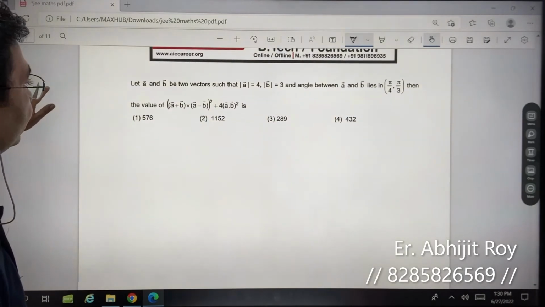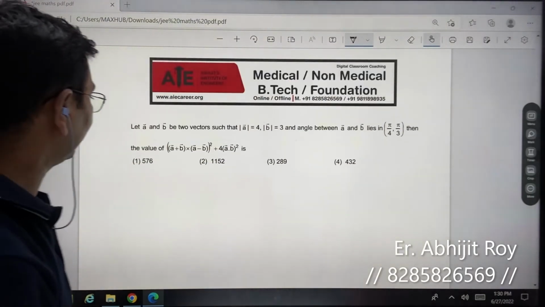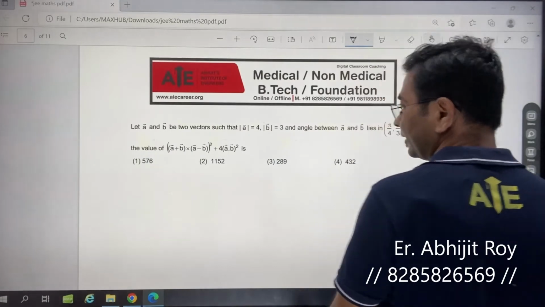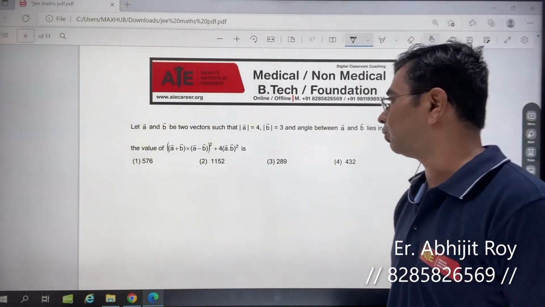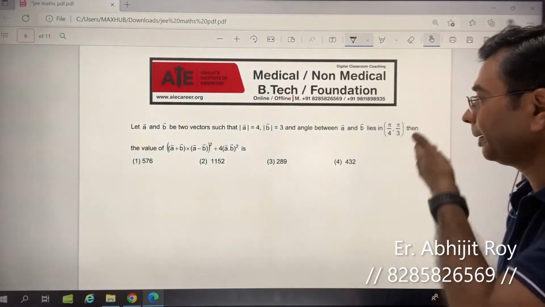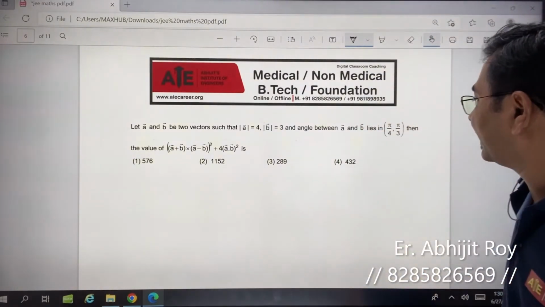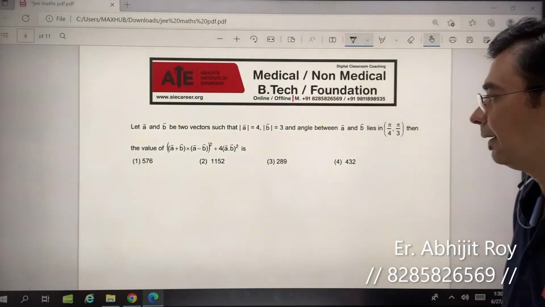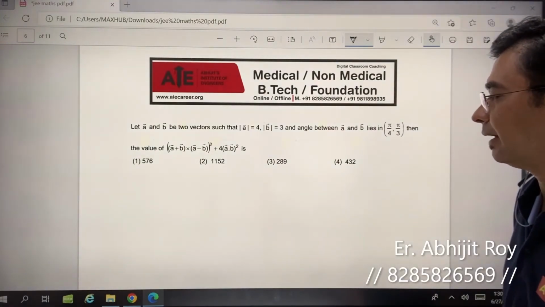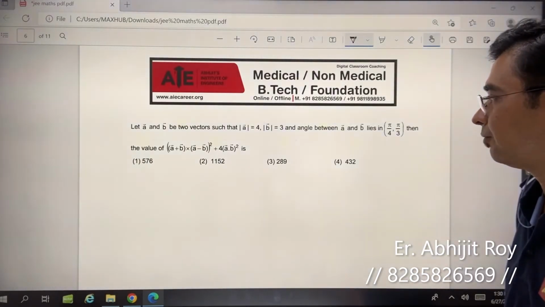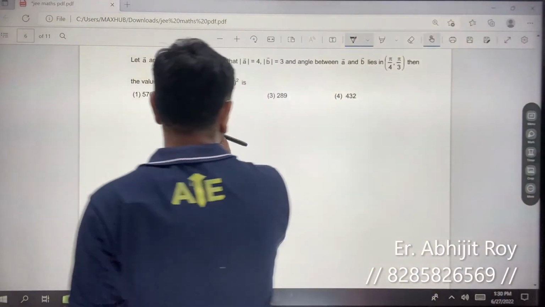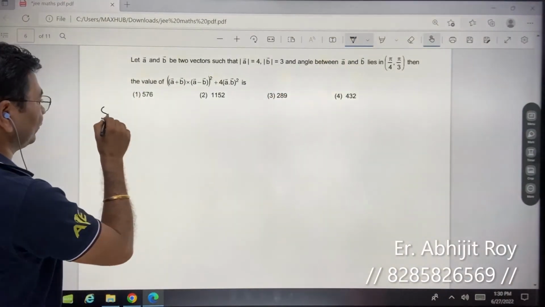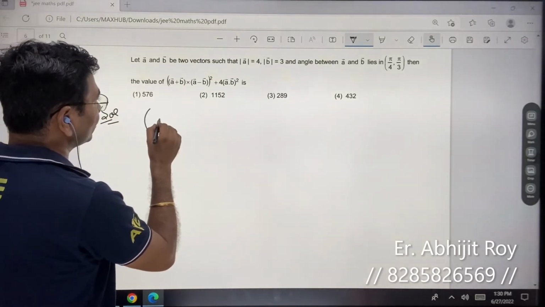नेक्स्ट अगर मैं बात करता हूँ तो मेरे पास ये वाली है जहाँ पे मेरे पास दो वेक्टर है, ए वेक्टर एंड बी वेक्टर, टू बी द टू वेक्टर सच एज मैग्नीट्यूड ऑफ ए और मैग्नीट्यूड ऑफ बी जो है वो 4 and 3 बोल दिया है, ओके? द एंगल बिटवीन ए एंड बी लाइज बिटवीन दिस एंड दिस, ओके फाइन। सो आई हैव टू फाइंड ए वेक्टर प्लस बी वेक्टर का क्रॉस प्रोडक्ट प्लस 2ab, ओके फाइन। सो लेट्स चेक दिस आउट। सो ये कुछ अच्छा होगा, राइट? लेकिन मुश्किल नहीं है।